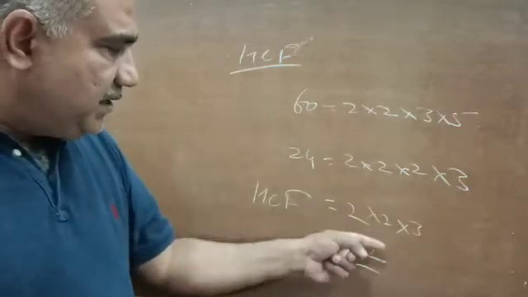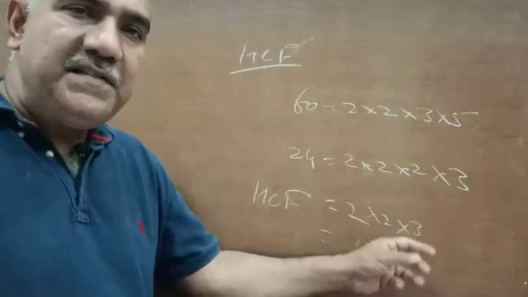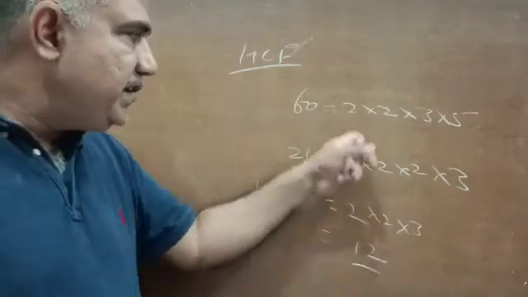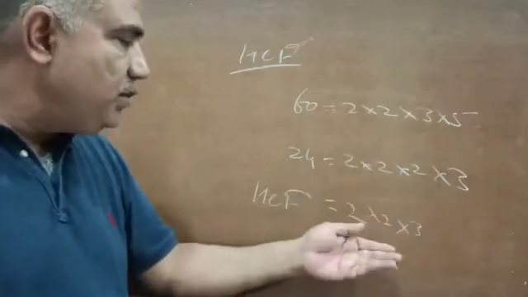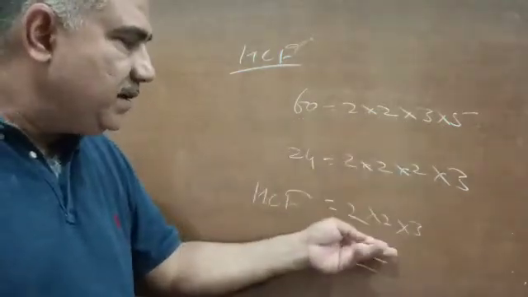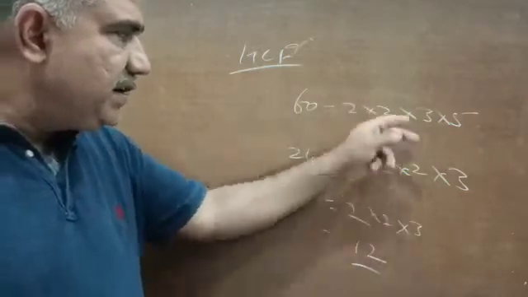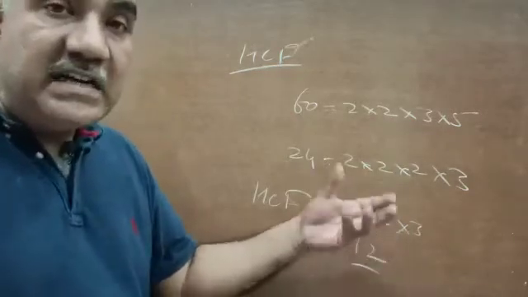From 60, you have picked up these factors. Every factor in the HCF is undoubtedly there in the prime factorization of 60. This 2 is there, 2 is there, and 3 is there. Now if I want to divide 60 by this number, the HCF, 2 will get cancelled with 2, 2 with 2, 3 with 3, and 5 will come as the quotient. So I can say, yes, this is that greatest number.